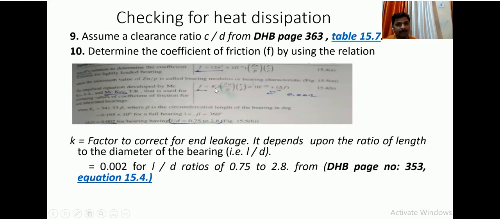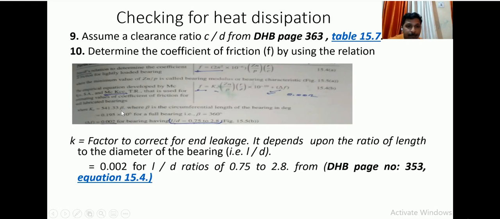Mackey's equation says the friction value is a constant, some constant Ka, which is dependent upon the enclosure of the bearing. If the bearing is a full 360-degree bearing, that means the bearing is covering the whole shaft, then it is called a 360-degree bearing. And if there is a segment of a bearing, say a 120-degree segment on which the shaft is resting, then it is called a partial bearing. So this K is dependent upon whether the bearing is a partial bearing or a full journal bearing.